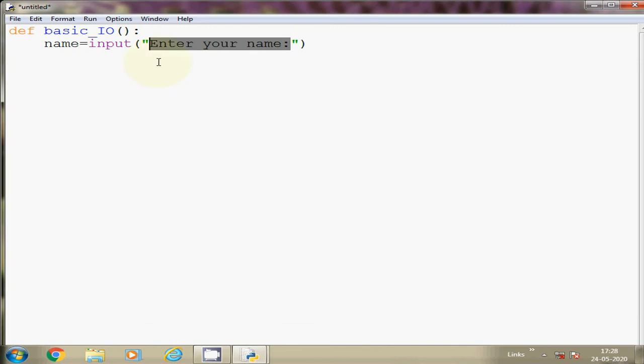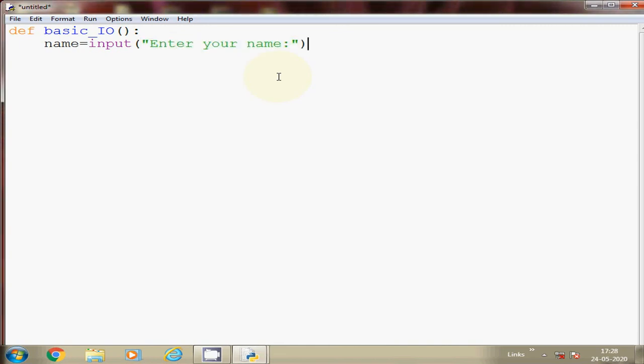In this function, basic IO, it is without parameters. No parameters are passed in these brackets. When we are writing something inside the bracket, it is known as a parameter. That I will cover in the class 12 syllabus chapter working with functions.